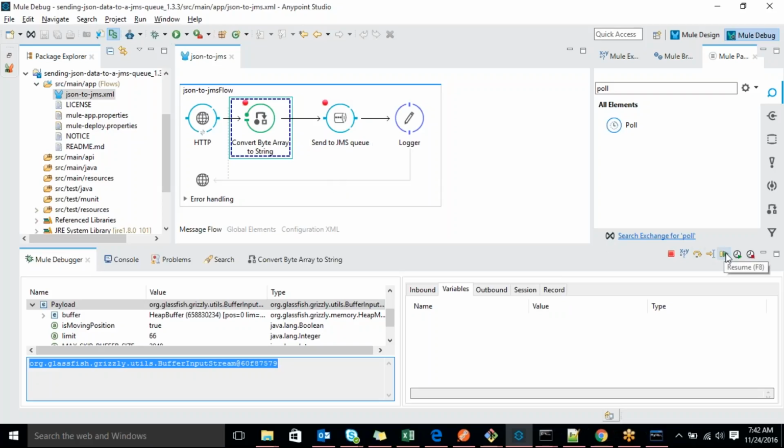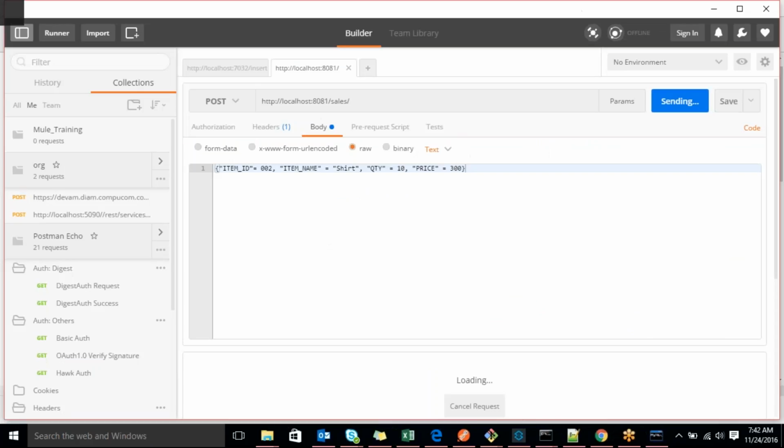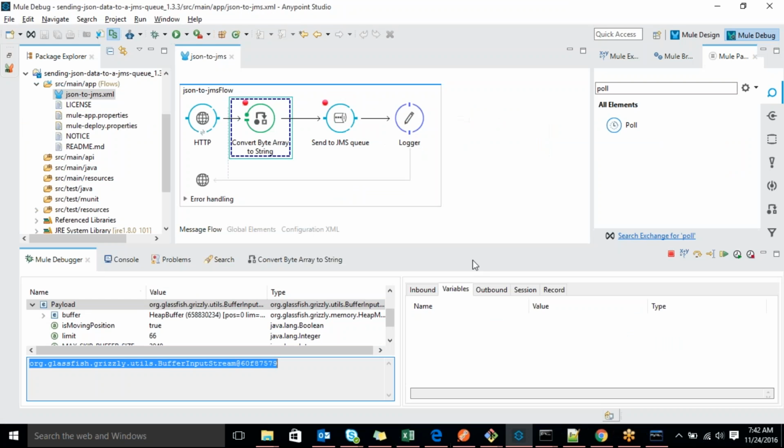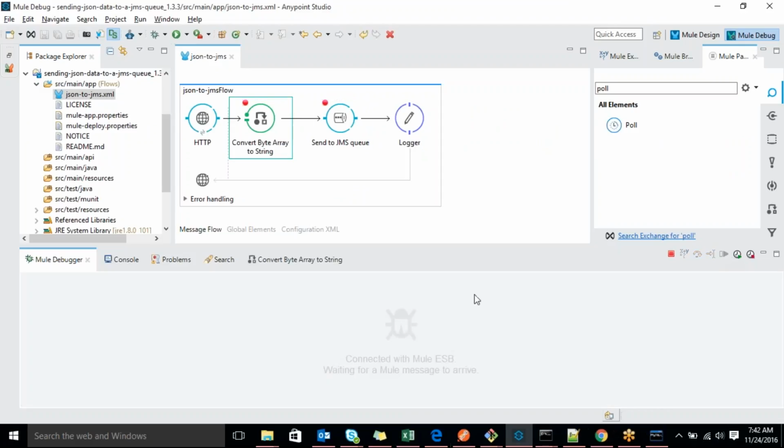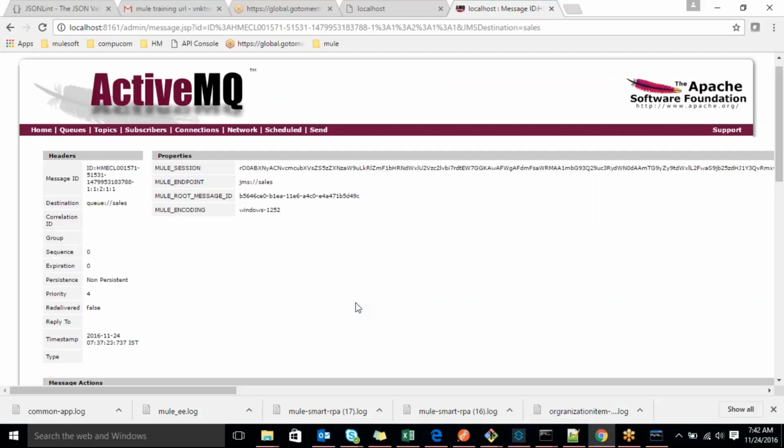From HTTP only, I'm asking this. It is converting like this, right? Yes, that is based on input. So we can't talk about HTTP specifically, it is based on your input. If you send XML also, it will be something like this only, I think. Yes, yes.